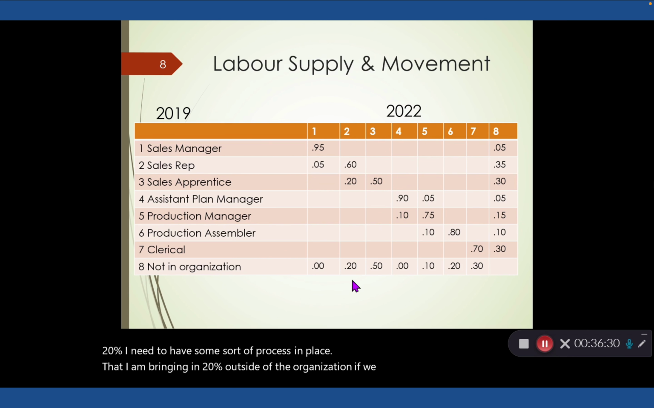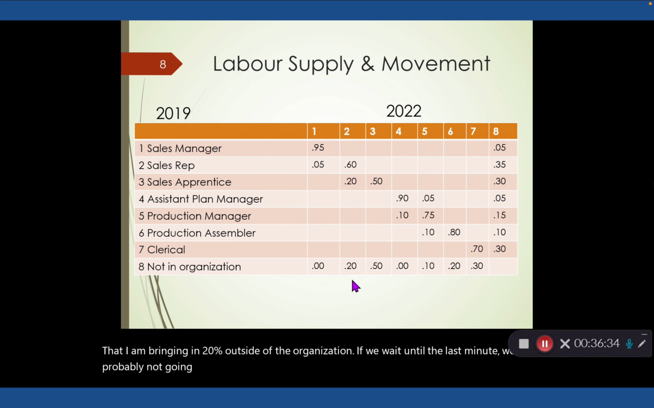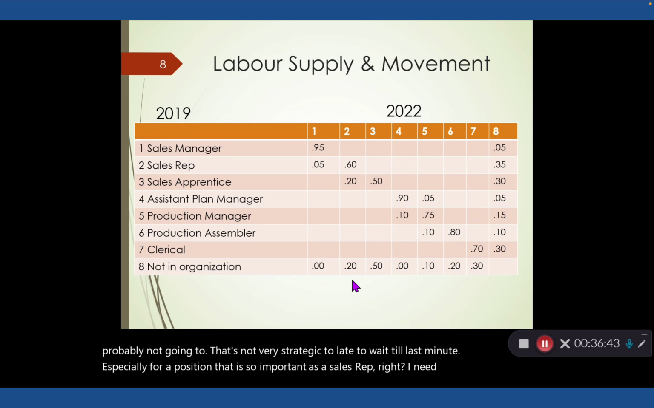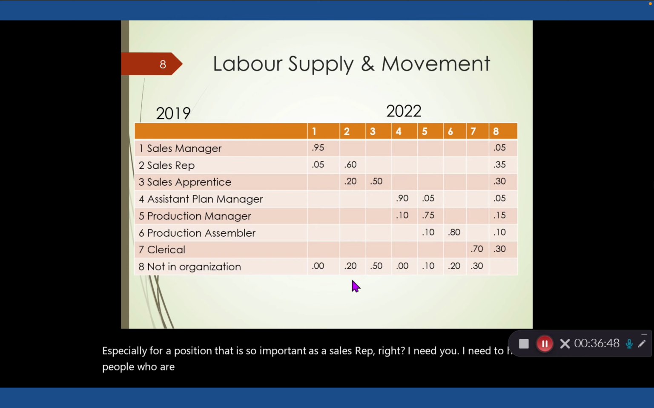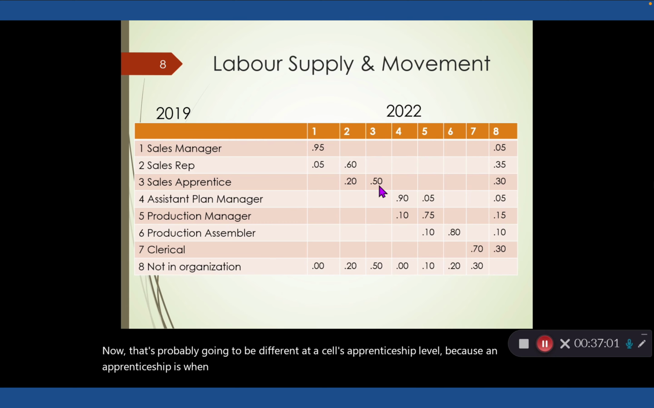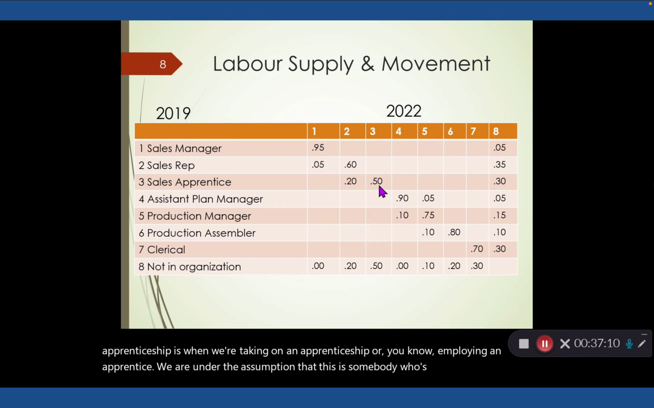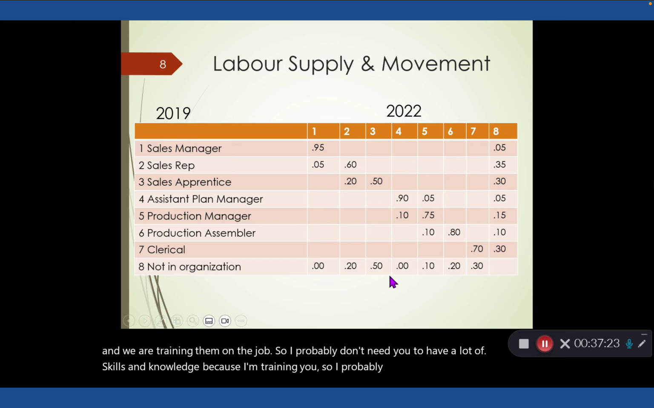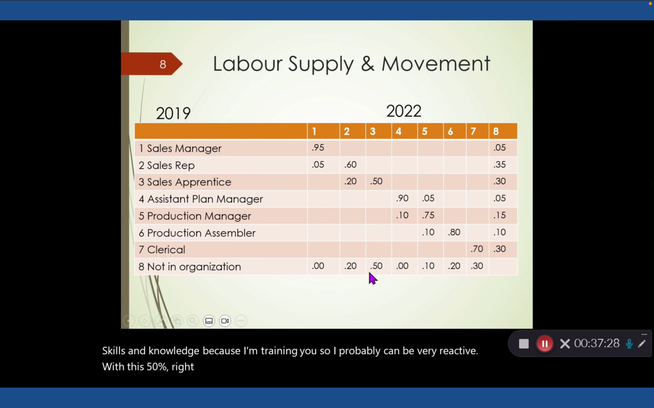If we wait until the last minute, that's not very strategic, especially for a position that is so important as a sales rep, right? I need to hire people who are qualified. I probably am not going to want to train at a sales rep level. Now that's probably going to be different at a sales apprenticeship level, because when we're employing an apprentice, we are under the assumption that this is somebody who's very green at their job and we are training them on the job. So I probably don't need you to have a lot of skills and knowledge because I'm training you. So I probably can be very reactive with this 50%, right? So we're hiring in 50% of our sales apprenticeship, but I probably do need to be thinking about what